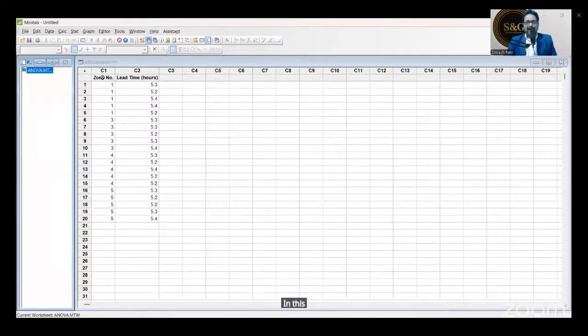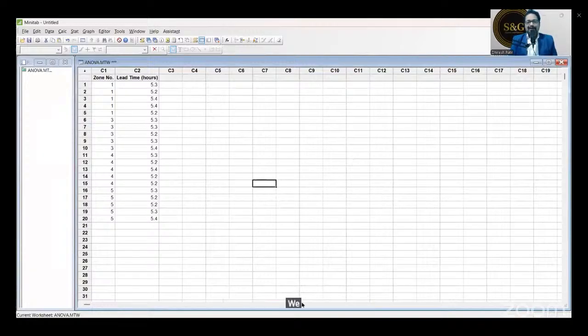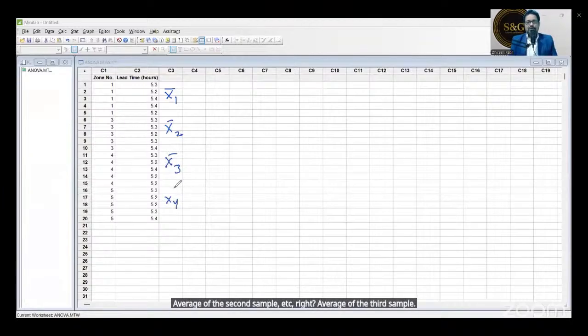In this file, you remember first we calculated the average of the first sample, average of the second sample, average of the third sample, average of the fourth sample. Correct?